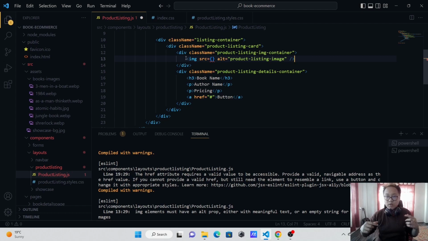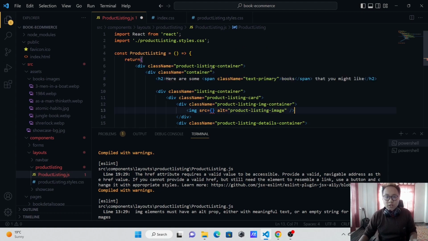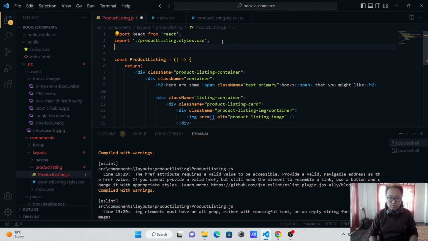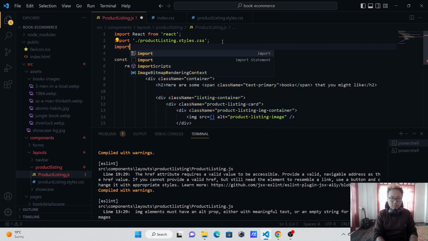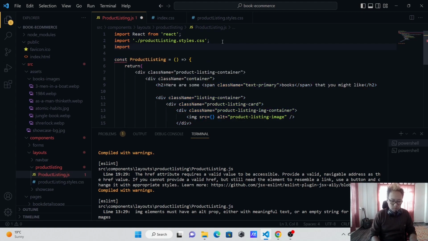Now there is a way of how you import an image and use it in react.js. The way we do that is not by directly allocating it in the source attribute, but importing it on the top and using it as a value inside the source attribute, right? So we're going to import that image. I'm going to import the product image. So let's just say product image from